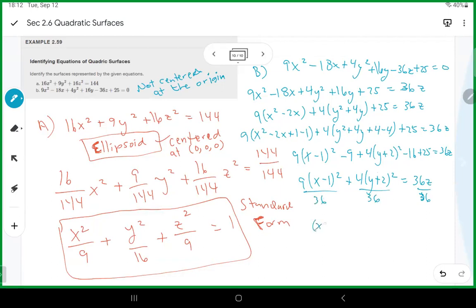So we have x minus 1 squared over 4 plus y plus 2 squared over 9 equals z. Okay, so that makes this an elliptic paraboloid,